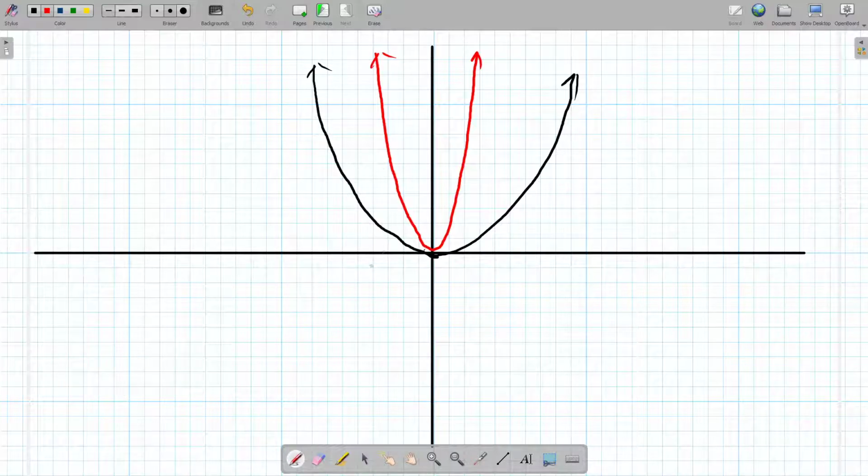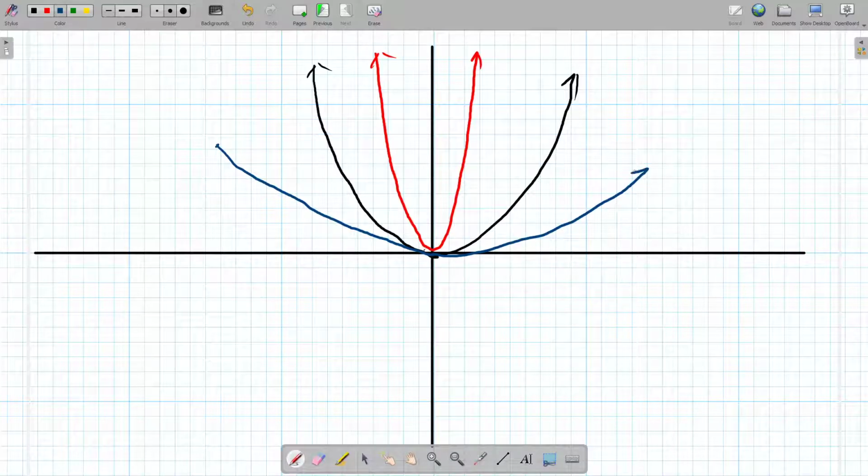It can get compressed vertically, meaning it's going to get wider. So this wider one we called compressed vertically,